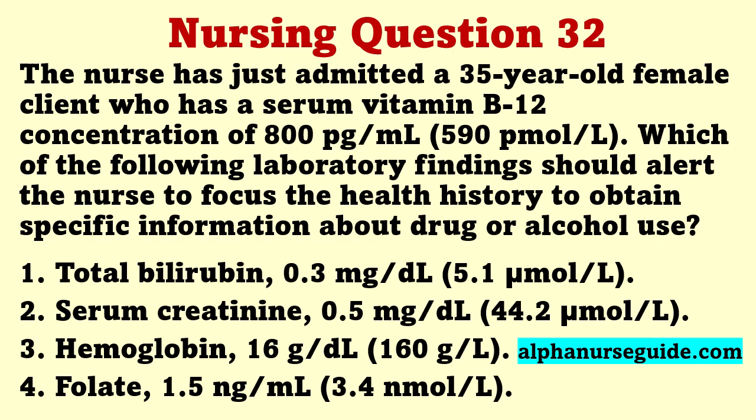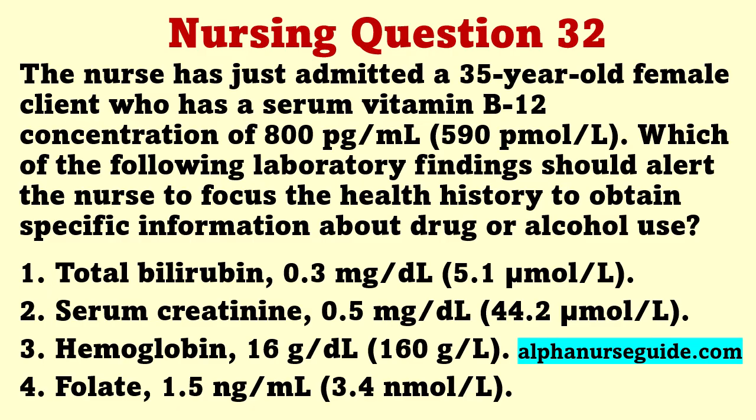The correct answer is 4. Folate, 1.5 nanograms per milliliter. Normal range of folic acid is 1.8 to 9 nanograms per milliliter, and normal range of vitamin B12 is 200 to 900 picograms per milliliter. A low folic acid level in the presence of a normal vitamin B12 level is indicative of a primary folic acid deficiency anemia. Factors that affect the absorption of folic acid are drugs such as methotrexate, oral contraceptives, anti-seizure drugs,